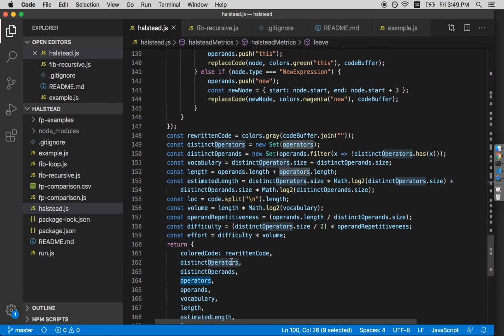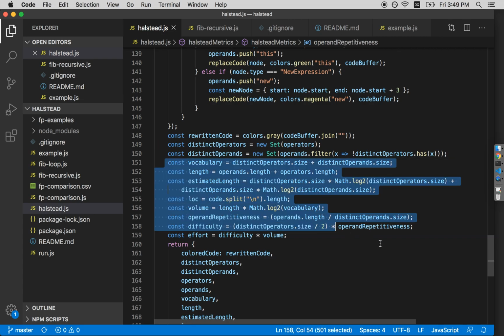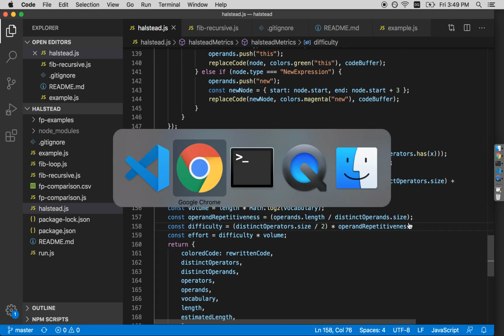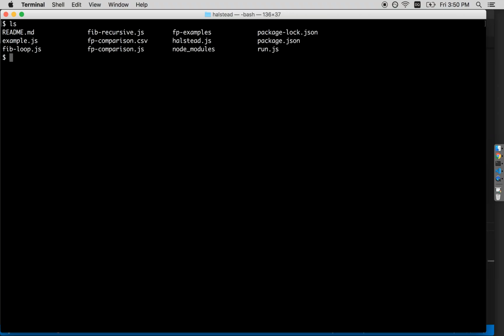go, so that at the end we have collected all of the operators and operands. We do a distinct operation on them using the ECMAScript set, and then we have all those 4 numbers, and then we can derive all of these other numbers out of them. Okay, so given that, I also have a little run function, run